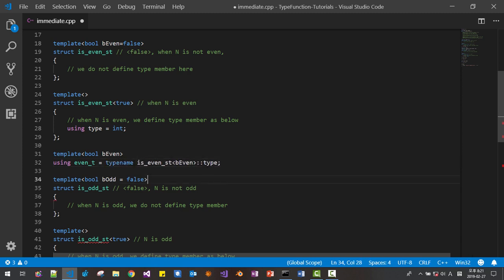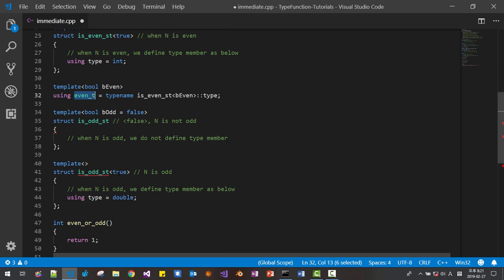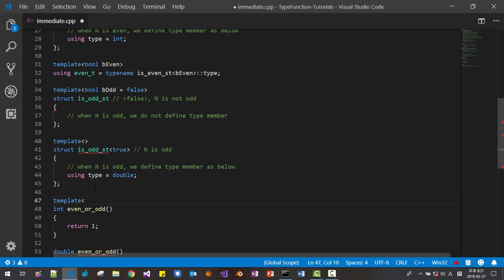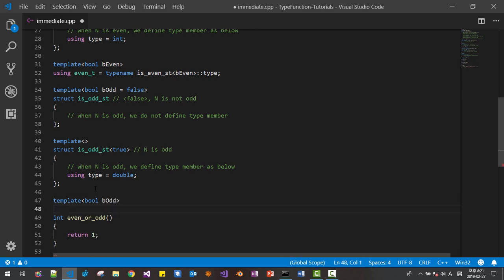We defined this type function, and also here: template bool b, odd, using is_odd_t.